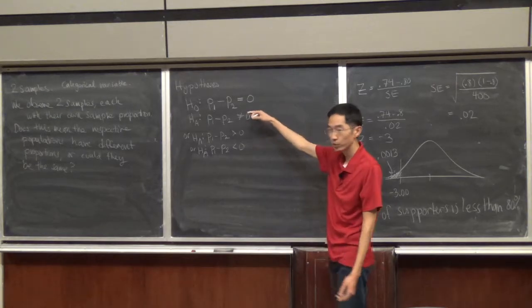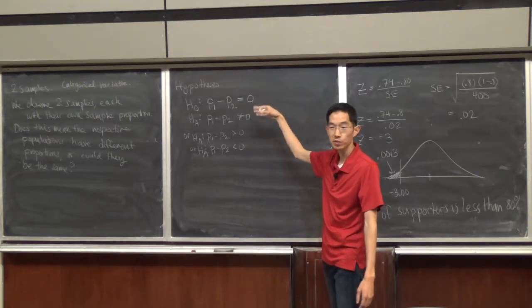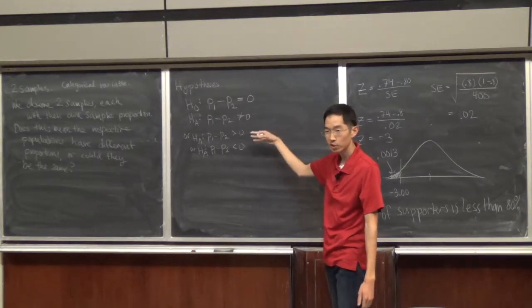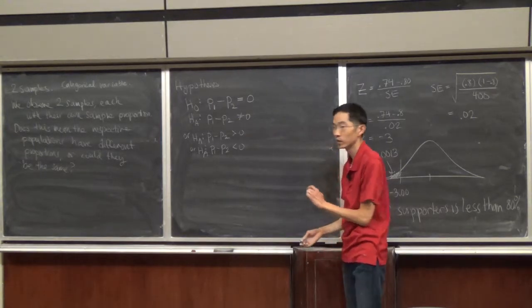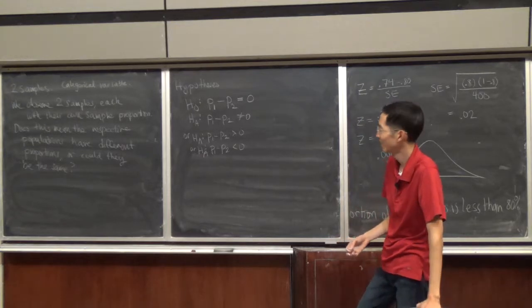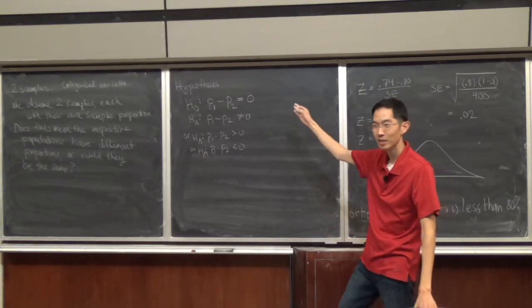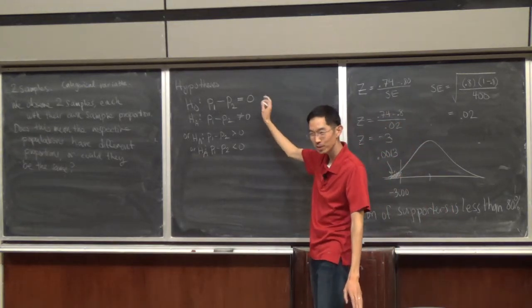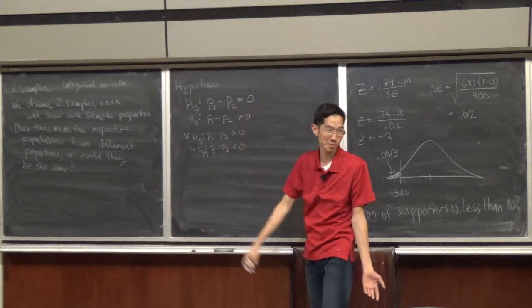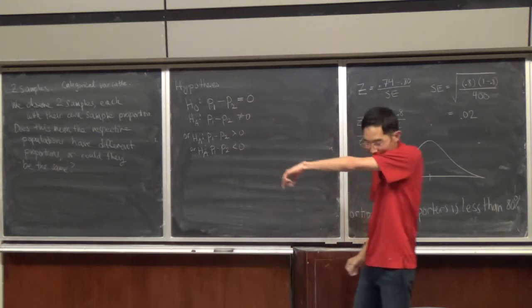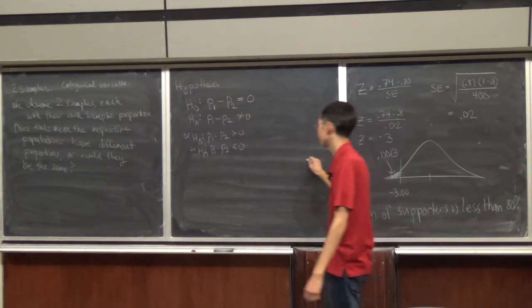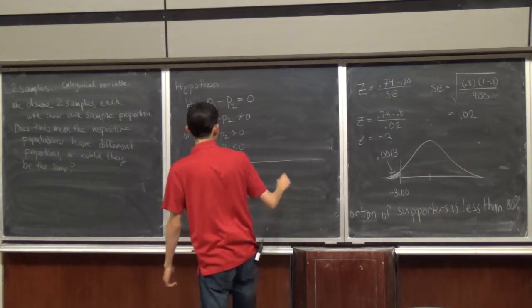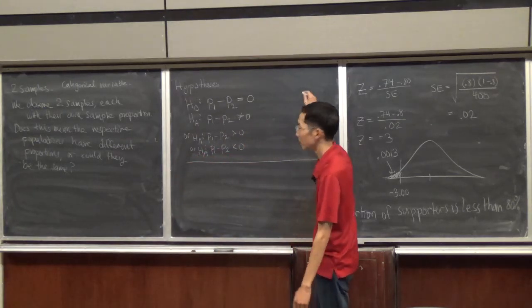Again, your choice of not equal to, greater than, or less than is determined by how the problem is written. It's not that bad. It's just P1 minus P2. Is it equal to 0 or is it something other than 0? Do not despair. You might also see